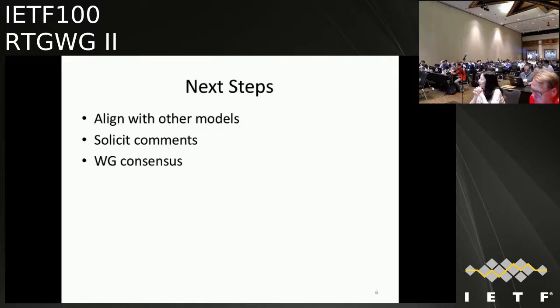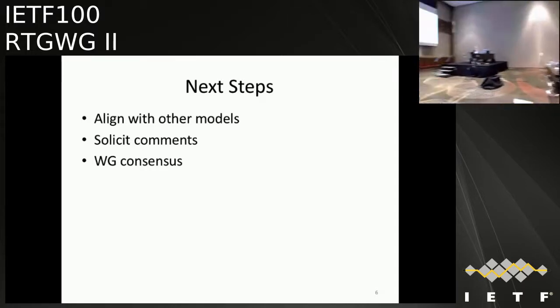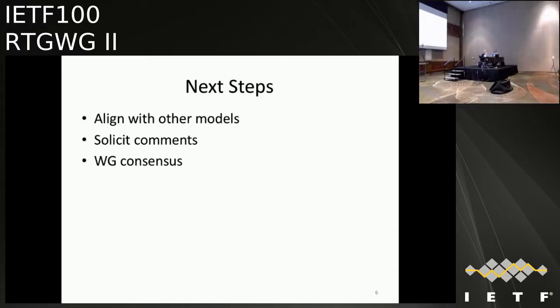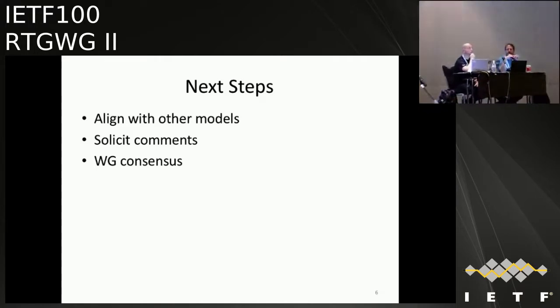Can I interrupt for a moment? I'm not sure we understood which model this is conflicting with. I don't think I was able to hear that well. Could you repeat the name of the model you mentioned that this was in conflict with? RFC 7277 is this model, the IETF IP.